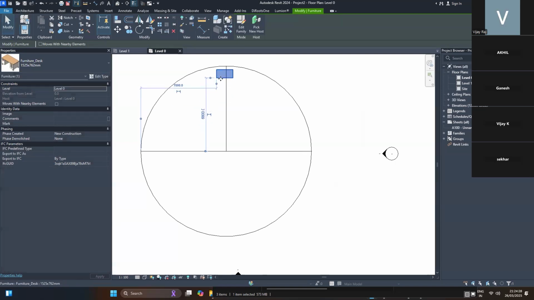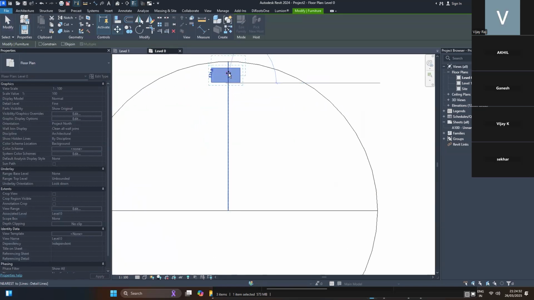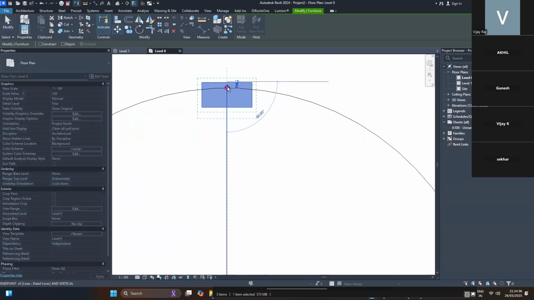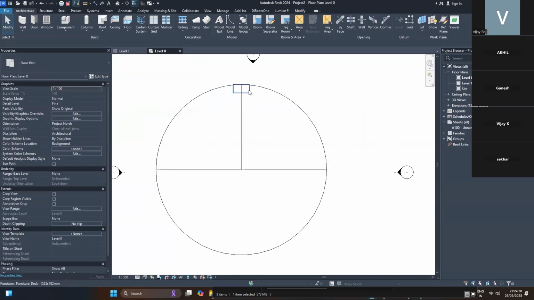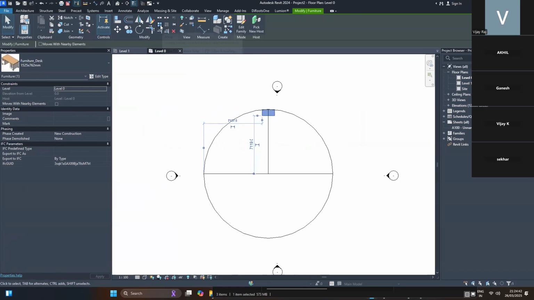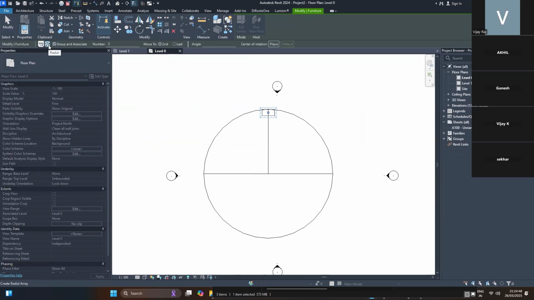And I'm going to align this one. Okay. The radial array, let us see array, and I'm going to type the radial array, and then provide